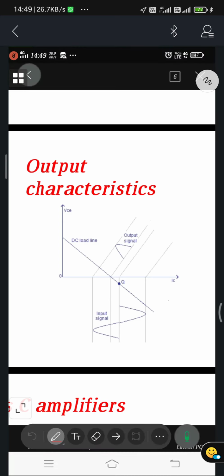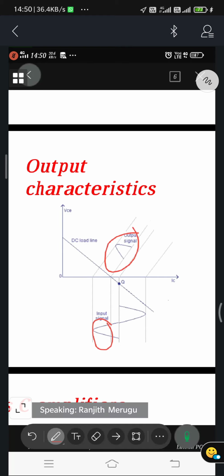Below that zero line, we are going to get only half of the waveform, less than half of the waveform. Only this part is conducting. The remaining part is not conducting. So we can say that the conduction angle for the class C power amplifier is going to be less than 180 degrees.